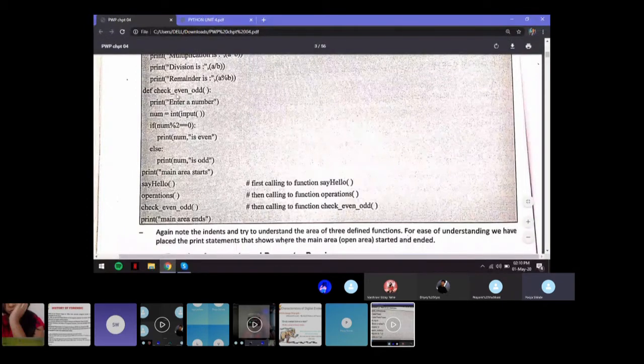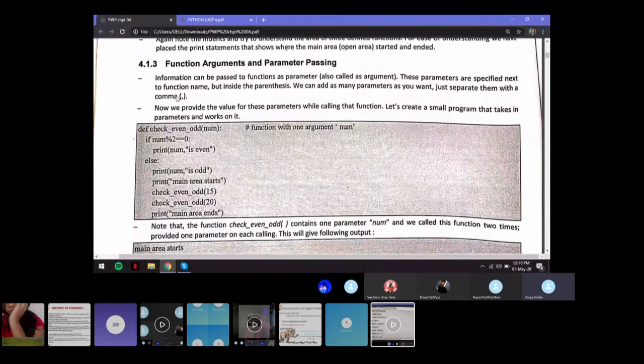So that is function calls. Next, moving to function arguments and parameter passing.